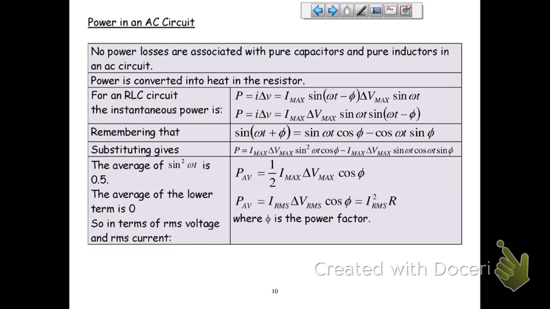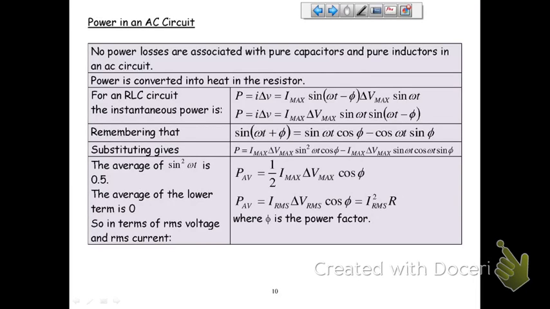Let's talk about just a couple more things. I'll just do it in order. So, the power in AC circuits: no power losses are associated with pure capacitors and pure inductors. It's only resistors that have power losses. Power is converted to heat, so we can say